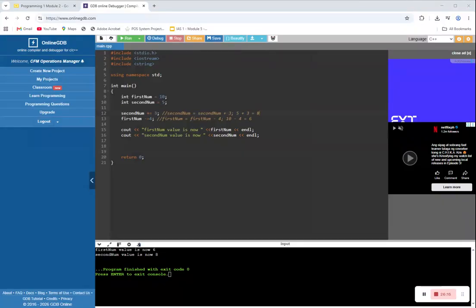We also have your so-called increment and decrement operators. You have your plus plus or minus minus. So for example, let me just comment this out.